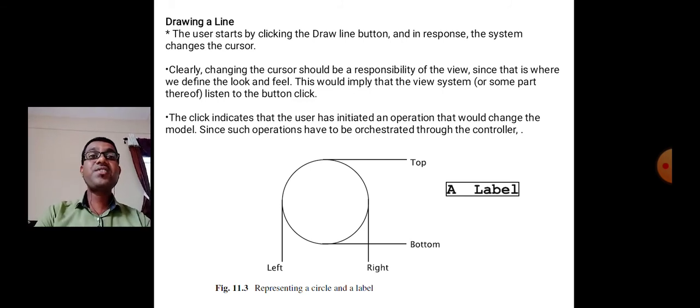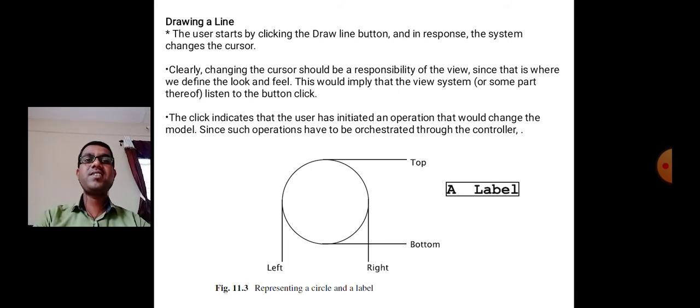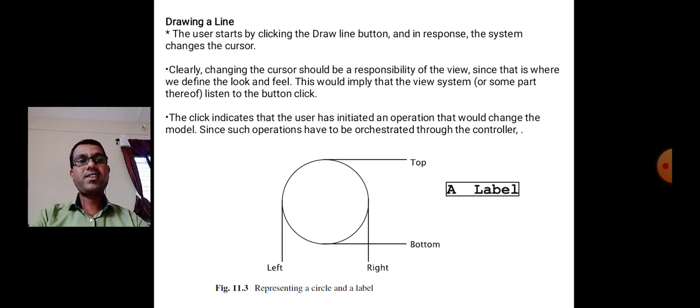The click indicates that the user has initiated an operation that will change the model, since such operations have to be orchestrated through the controller, as shown in the figure, representing a line, a circle and a label.